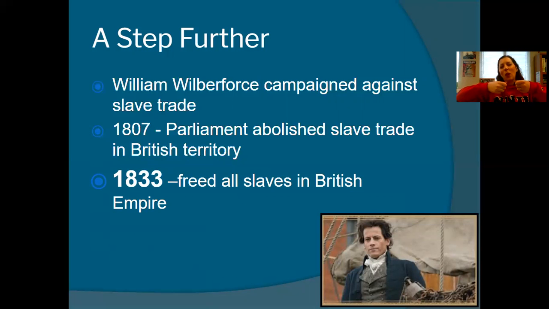out this roll of paper, and it just goes all the way down with all these signatures of people that are supporting him. So if you haven't watched that movie, it's worth checking out for those of you that enjoy those kind of historical things. All right, let's keep moving here.